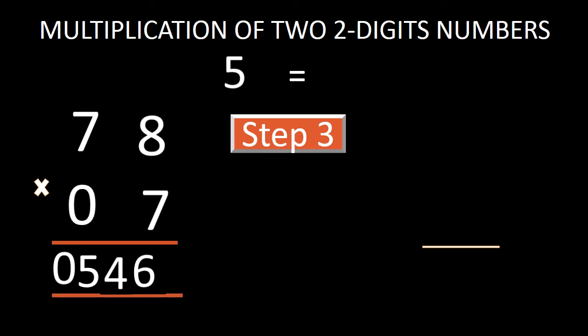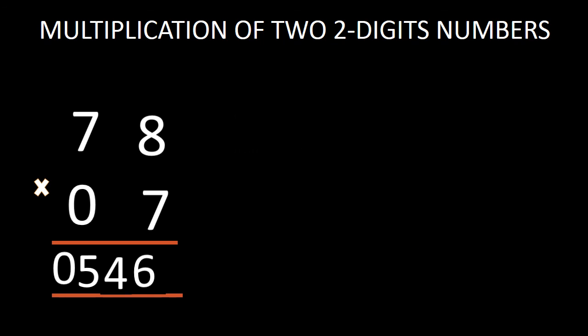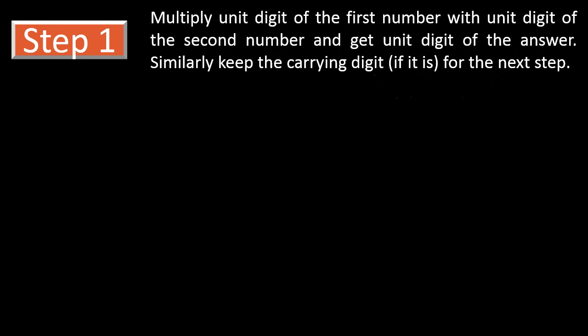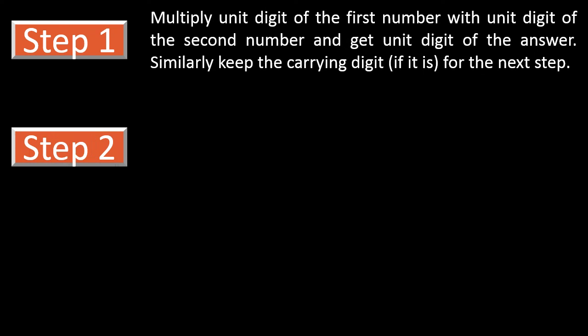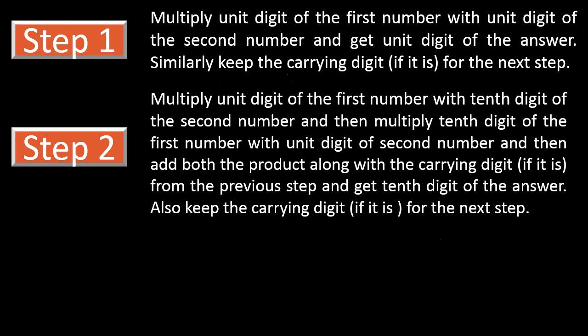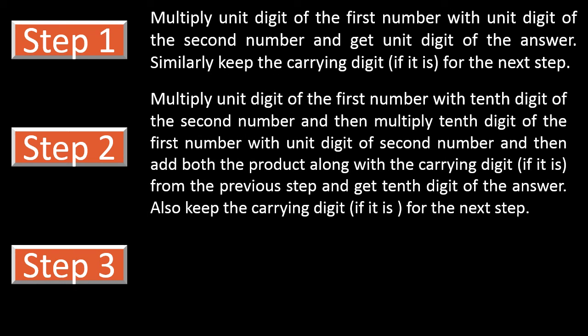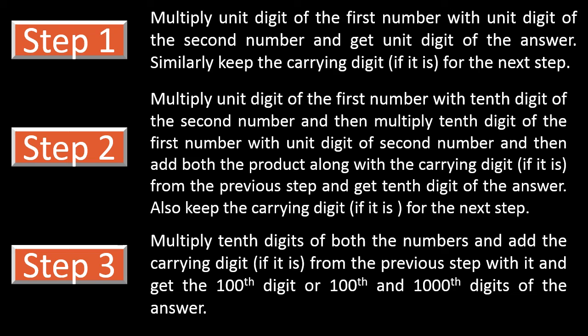Now you just look to the rules which I have made for solving a 2-digit number. So you just look to these rules. Here I have given you 3 rules for the 3 steps. So you just look to these rules, and you should note these rules with you and also follow these rules while solving the question. So here in this lecture, I have finished my multiplication of 2-digit number by a Asteng